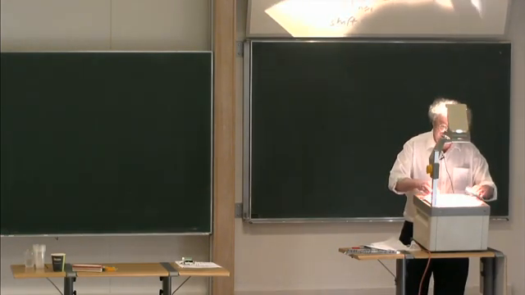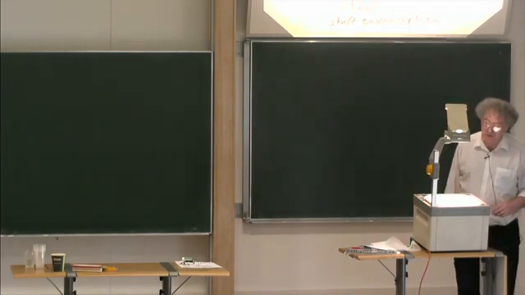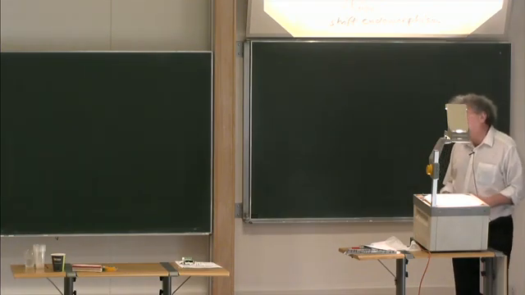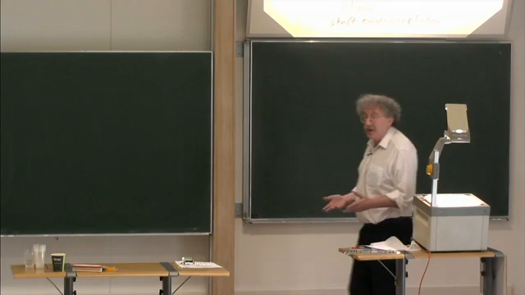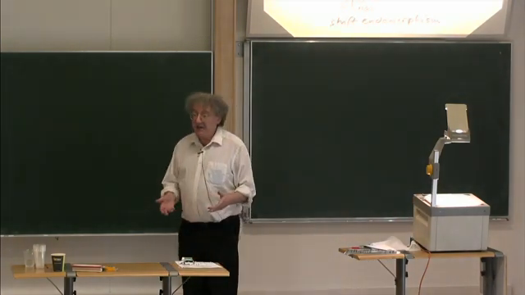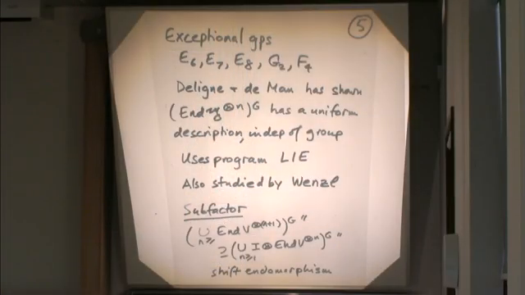So those are our groups. In that case, there's always a good representation. In the case of SU(N), it's the vector representation, and similarly for SO(N), where the commutant, the invariant theory with these pictures, is completely known. And in 1996, or probably before, Deligne, and Deligne and de Man, Deligne first, discovered that there's a kind of uniform description of these invariants, fixed point algebras, for the exceptional groups.